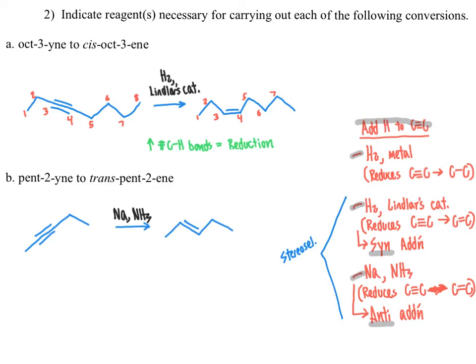and the way that you would determine which of those to use to convert an alkyne into an alkene is you would keep in mind whether you wanted the reaction to give the cis product, meaning syn addition had taken place, or whether you wanted to give the trans product, meaning anti-addition had taken place. And that will allow you to determine what the best reagent is for your application. Stay tuned for the next video, where we will be going into more reactions of